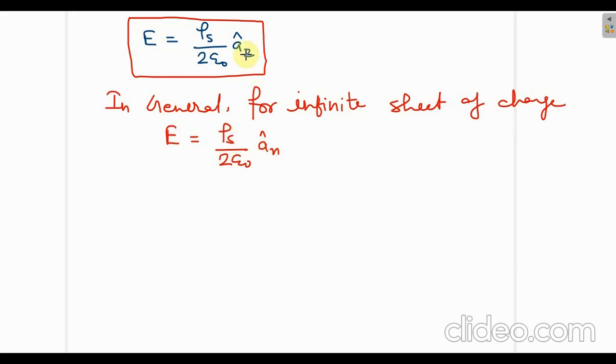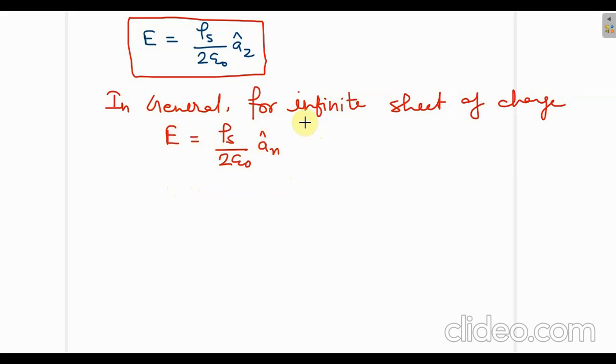Okay, so it is general because this time the P point was on the z axis, that's why we are getting the z component, and since the infinite sheet was kept on the xy plane. Now in general it is not always compulsory that the infinite sheet of charge will be on the xy plane, so it can be anywhere in the three-dimensional space. So in general, wherever this infinite sheet of charge is kept, the perpendicular vector acting to it will come here. That's why the E will be directed along the vector which is perpendicular to the sheet or the plane in which the sheet is kept.